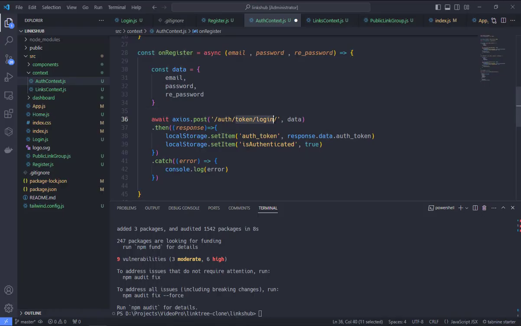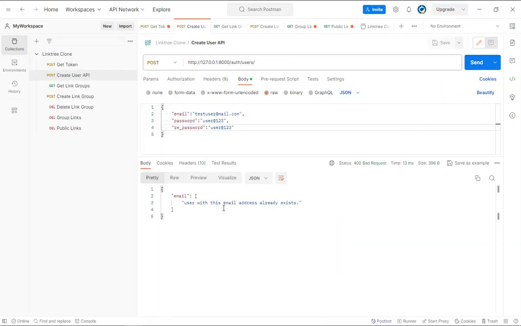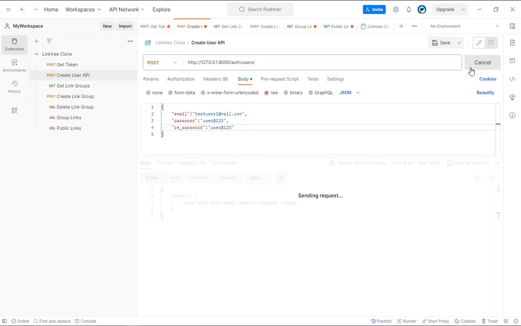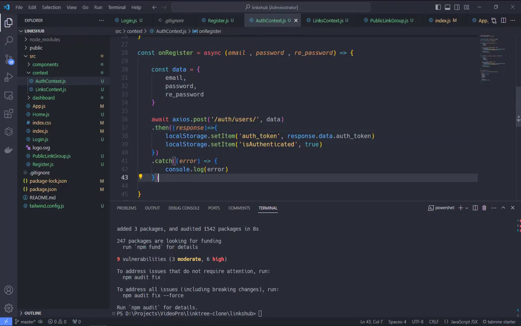Okay, so users data has to be a post. If I pass this on user, it will give me an error. So let me create this user one, and we post data, and it will give me a 201 created. Okay, so in response,